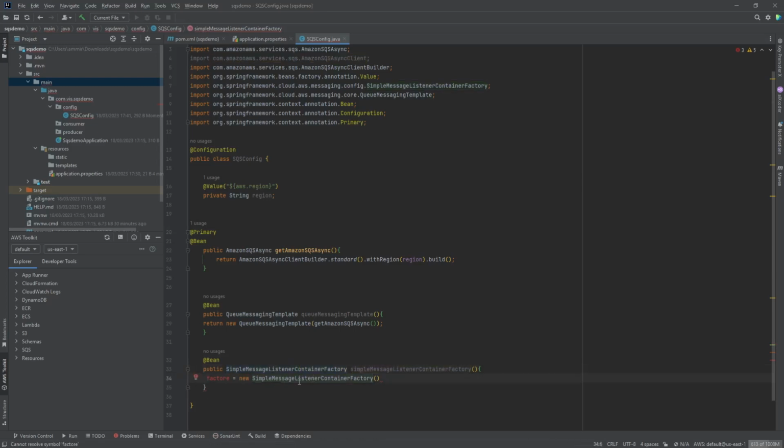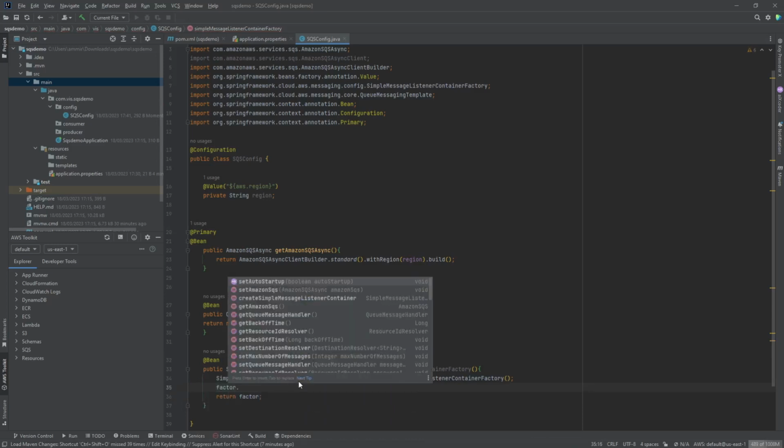So factory, not sure why it didn't take in the first place, and I'm trying to say as a return, return of my factory instance of it. So over here, because I have my factory, I'm trying to say is